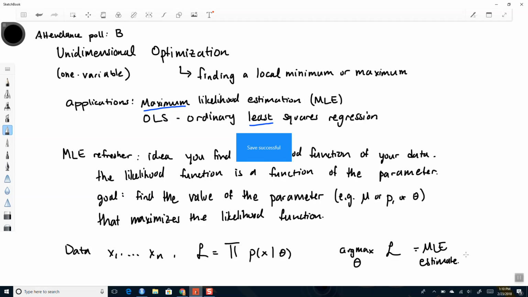All right, so how do we do something like this? So in 100B, how did you maximize your likelihood function? What did you do? Right, you took the derivative, well, you probably, because it's a product and it's hard to differentiate the product, you probably said, okay, let's do the log, and then it turns the product into a sum. And you say, well, that's okay because we're not actually going for the actual value. We just want to find the location of the maximum, and the value that maximizes the log likelihood is going to be the same value that maximizes the likelihood, right? So you take the log of the function, you then take the derivative of that, you set that derivative equal to 0, and then you solve for the parameter theta or whatever it is that you're looking for, and you say, well, okay, this is the value that tells me where the derivative is equal to 0, so that's got to be a local min or local max,